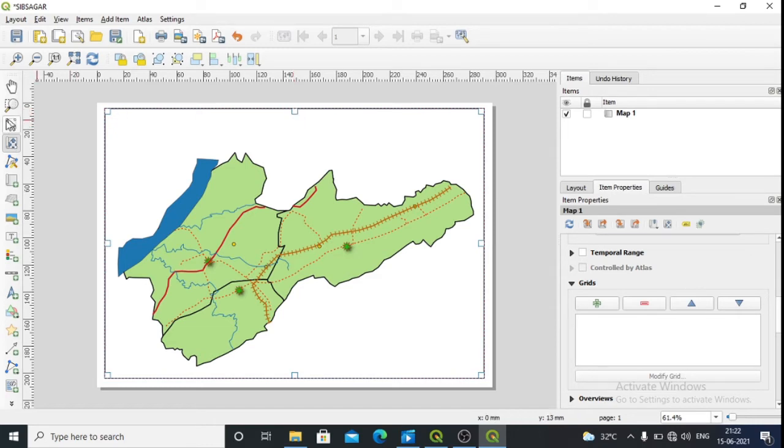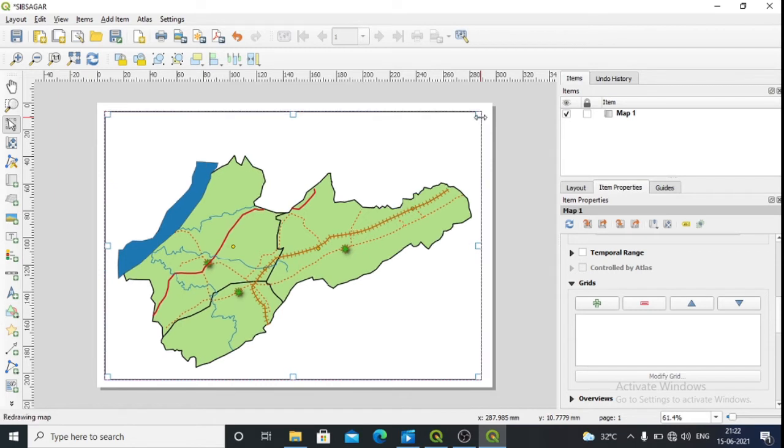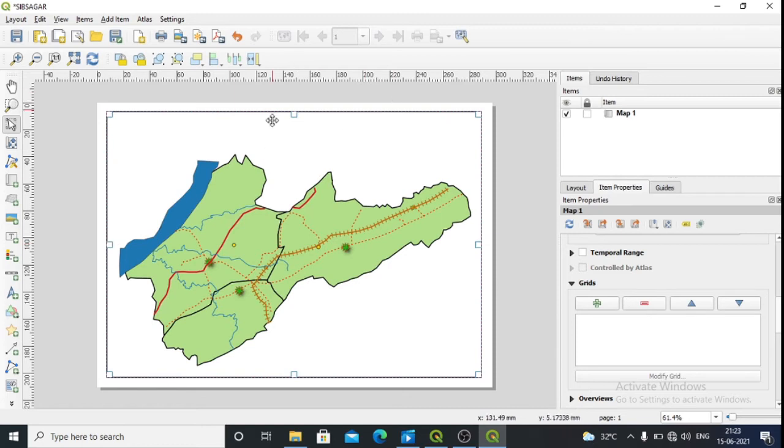Let me just bring it a little bit down. I think I made it. Let me just reduce the size a little bit. Okay, so it's done. Now let us go to grid.